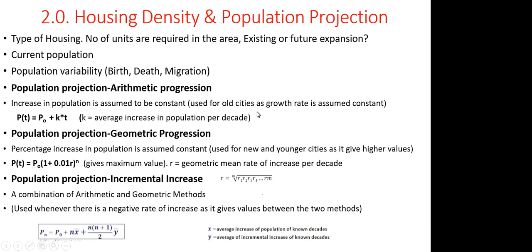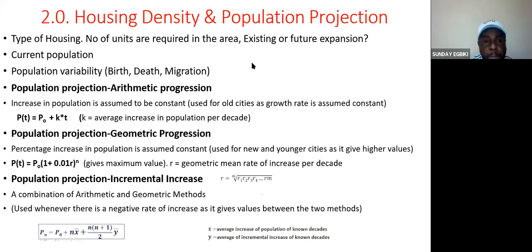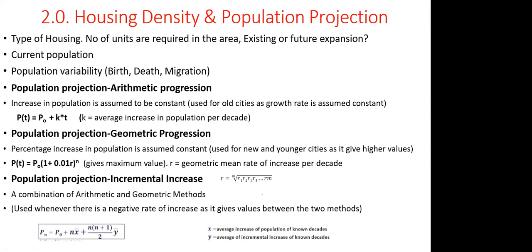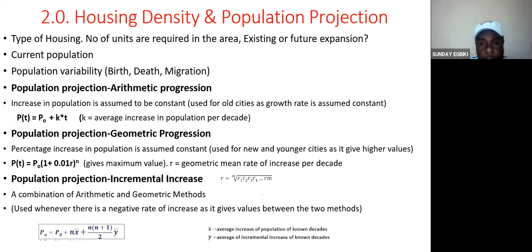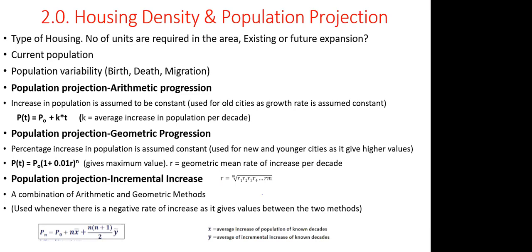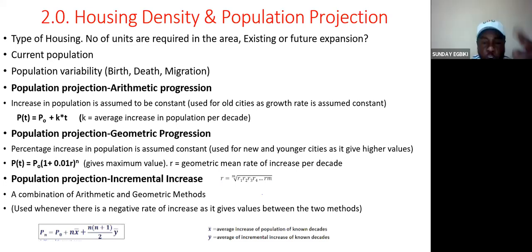Hello, sir. Hello. Can I quickly ask a question? My name is Lukman. Looking at the population projection for a new site, new city, how are you going to determine the P0, the current population, since it's a new site, there is no one there? What value are you going to use for P0? You will use the community around, the nearest community,